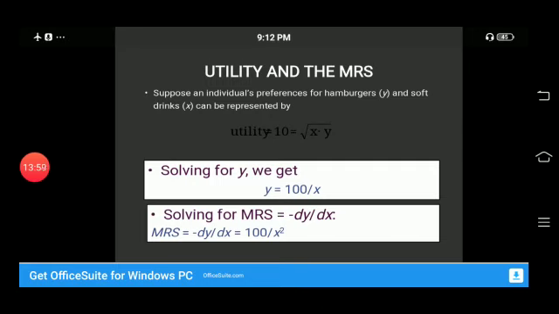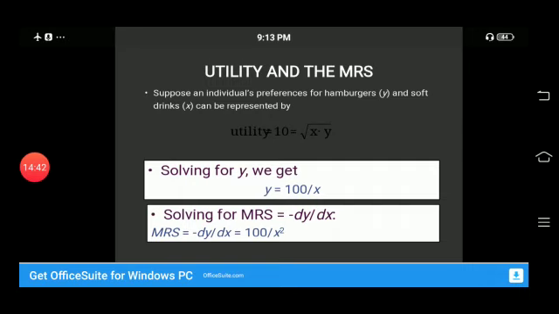So what will happen? I have told you that the power will come in front and multiply by the coefficient. So 100 multiplied by minus 1 into x raised to power minus 1 minus 1. Got it? When we simplify, y = 100 into x raised to power minus 1. This is the original one. We need to take the derivative of this x raised to power minus 1, and the 100 will stay outside as the coefficient.